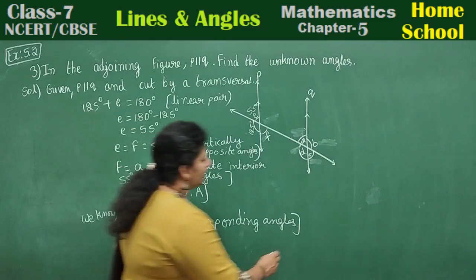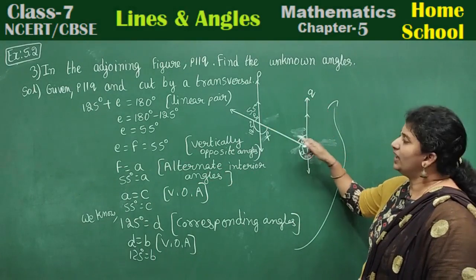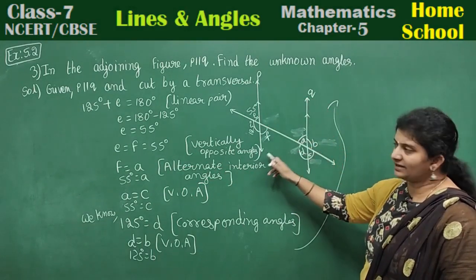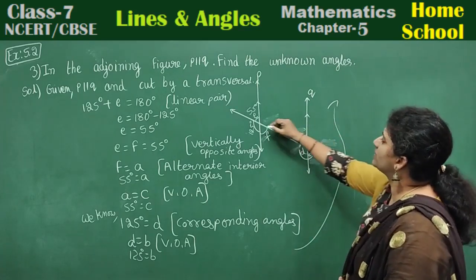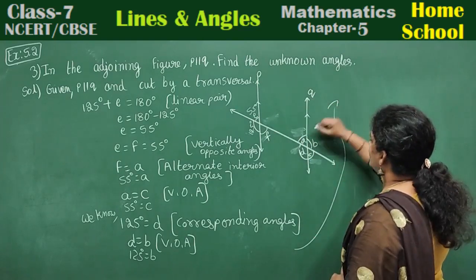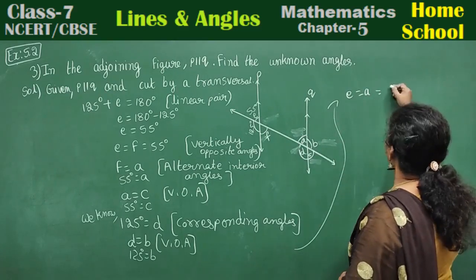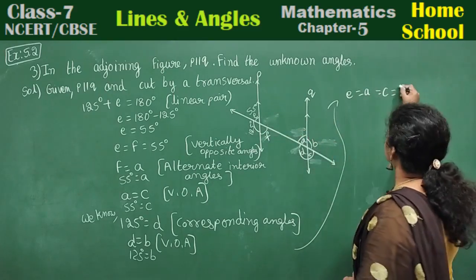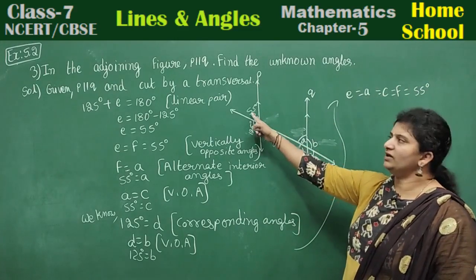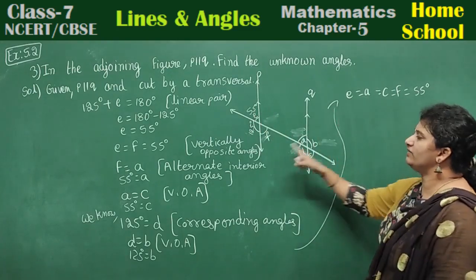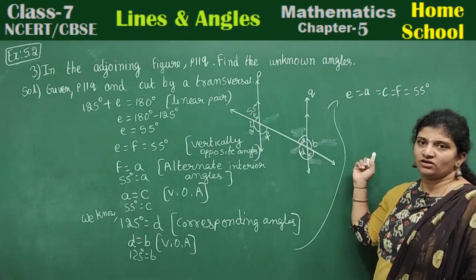Look here carefully. Let me continue your problem here. If these two lines are parallel, and a transversal cuts these two parallel lines, then which are the angles having equal angles? Observe here carefully. I will say that E is equal to A, corresponding angle, and its opposite angle is C, and E's opposite angle is F. All these are equal to 55 degree. Angle E 55, its opposite F. F is also 55, and its corresponding is C. C is 55. Its opposite A is also 55 degree.